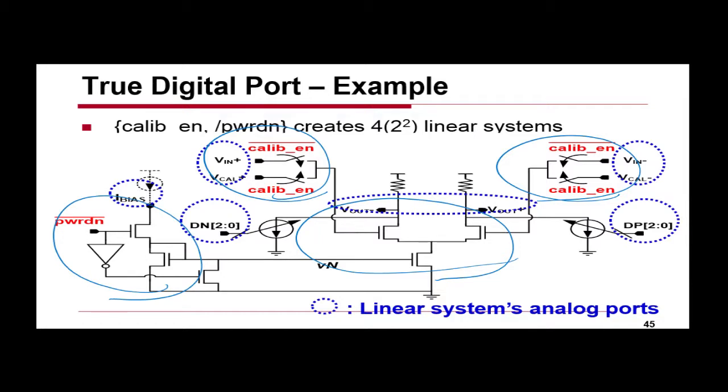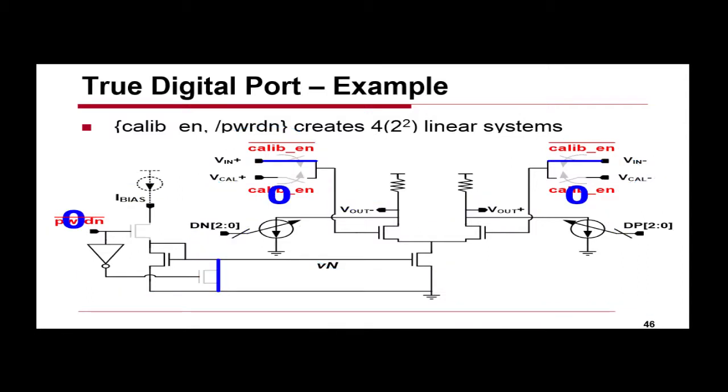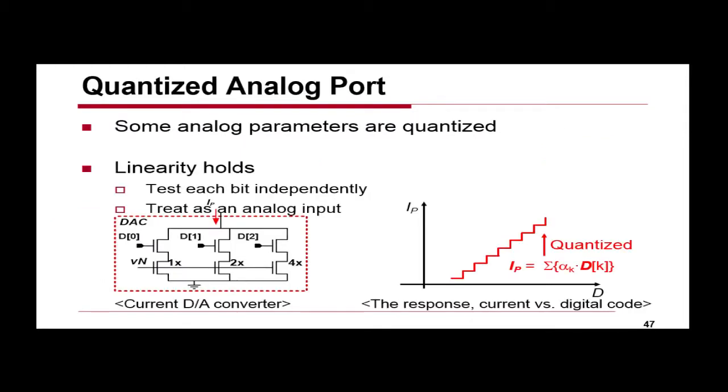So what I end up doing is I need to basically completely enumerate all the digital inputs, because each of those are different circuits, and I calculate the transfer function for each of those different circuits. And my functional model better match all those circuits. Now, there are some digital inputs that are really analog inputs, like inputs to DACs, or just quantized analog inputs, and we treat those as analog inputs.